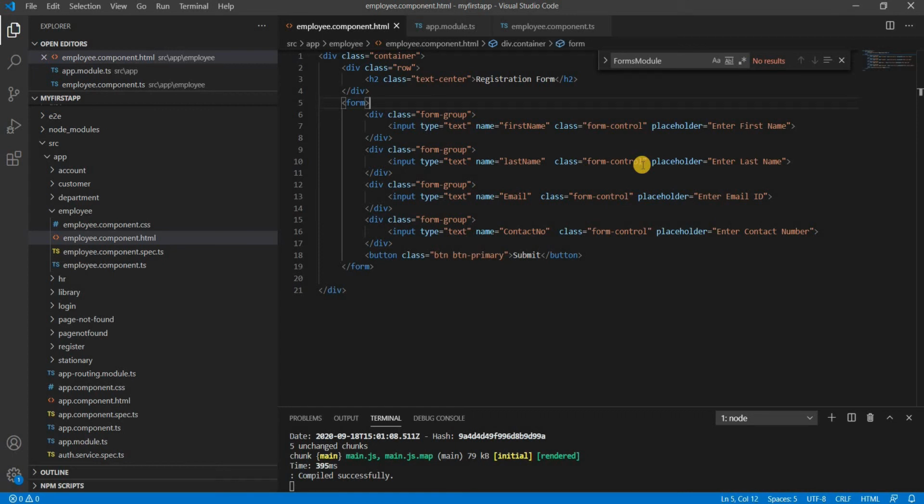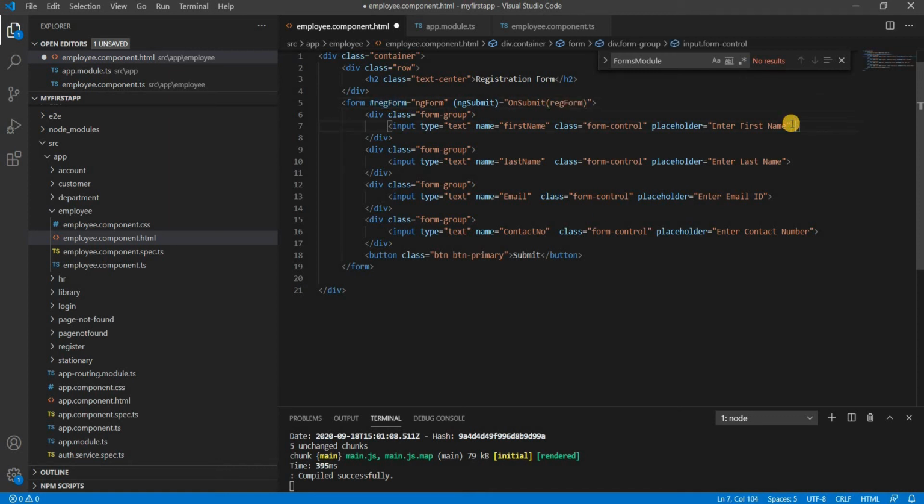For template driven forms, we have to include a local variable like regForm and export ngForm into it. And we have to take one event like ngSubmit, and we have to create a function and pass our local variable.